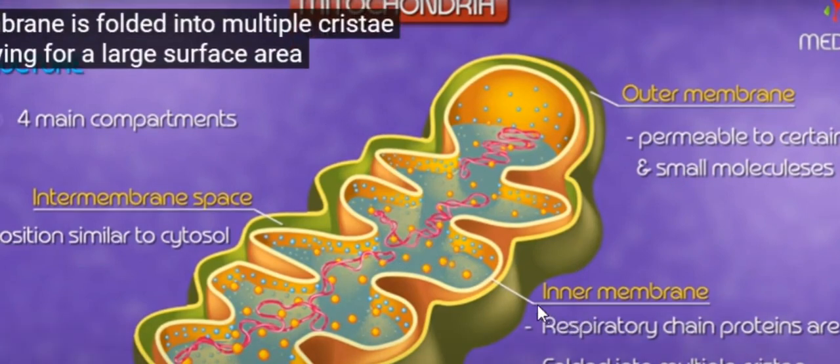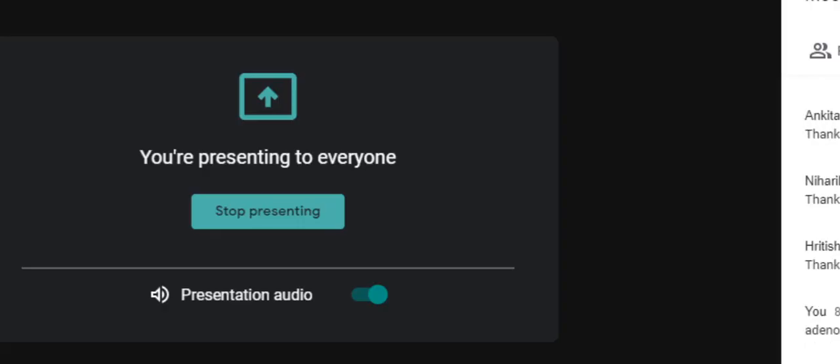Look here, simply remember that the inner membrane contains certain kinds of proteins that are associated with respiration. That means these proteins are generally involved in converting nutrients to produce energy. Which nutrients are generally energy rich? Write in the chat box. Let me see how many of you know which nutrients are energy resources, that we use for our energy purpose.